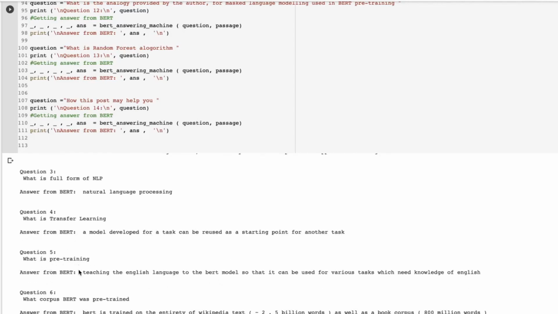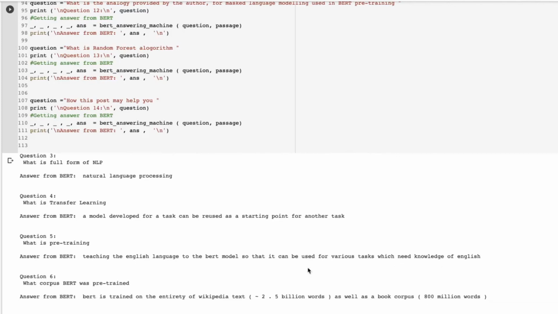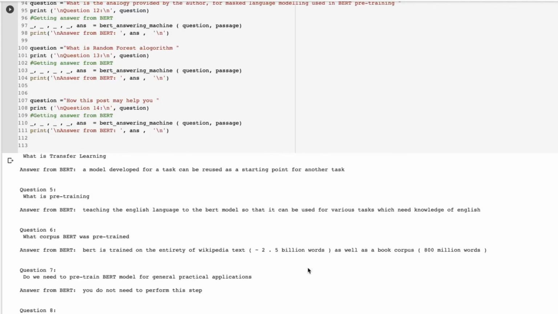What is pre-training? Answer: teaching the English language to the BERT model so that it can be used for various tasks which need knowledge of English. On what corpus was BERT pre-trained? BERT is trained on the entirety of Wikipedia text as well as book corpus.